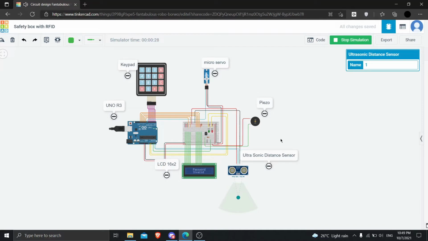As you can see, the piezo, which acts as the buzzer, will buzz, the red LED light will light up, and the LCD will show invalid password. So the door will remain locked.